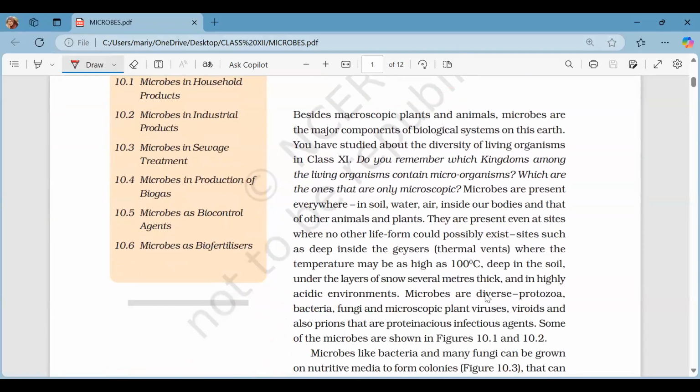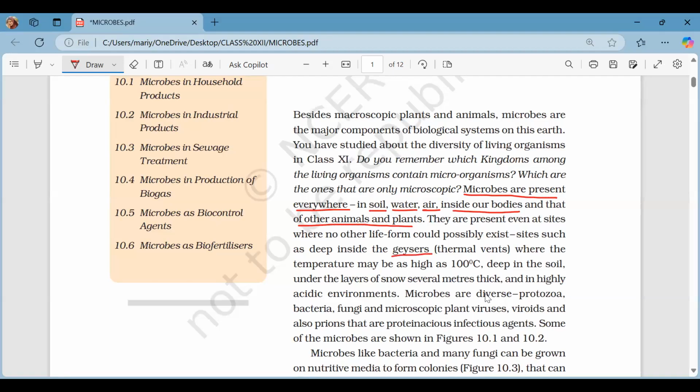Microbes are in abundance because we can't see them. That's why we can't put a number, but there are so many of them. Microbes are present everywhere, meaning in the soil, water, air, inside our bodies and also inside the bodies of other animals and plants. They are present even at sites where no other life form could possibly exist, like